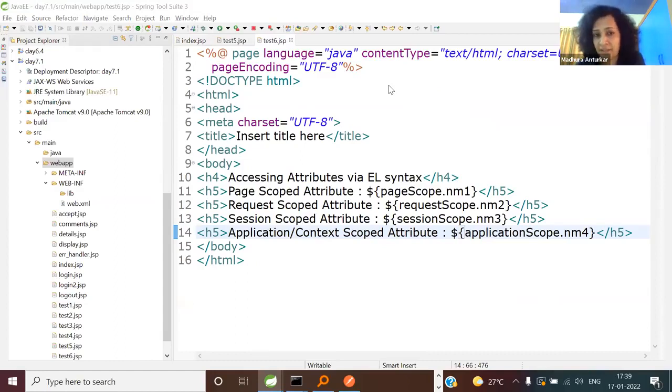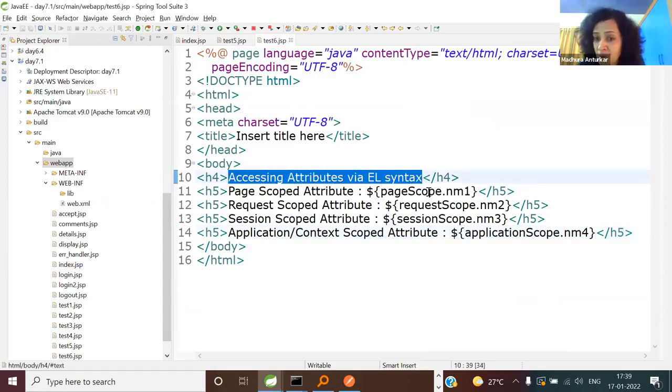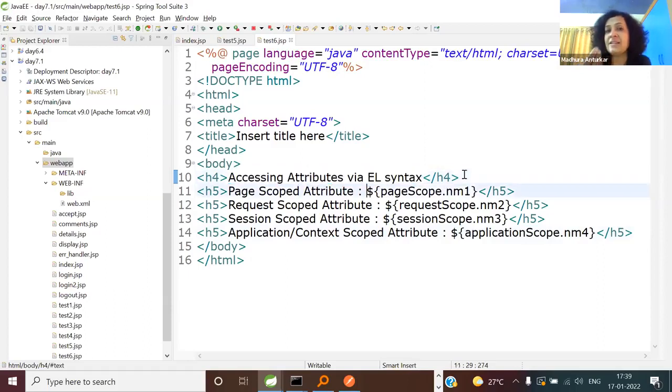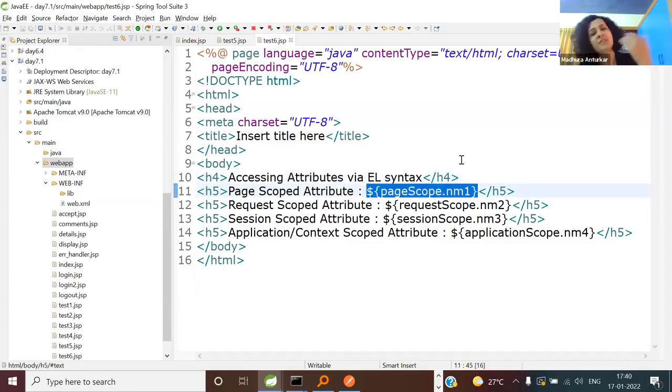Test 6 is the right answer, because it's a client pull, multiple requests are coming from the same client. Now start answering. I told you that anytime EL syntax gets a null value, will it throw a null pointer exception? No. Will it print an ugly looking null as a word? No. So what will it print instead? A blank.